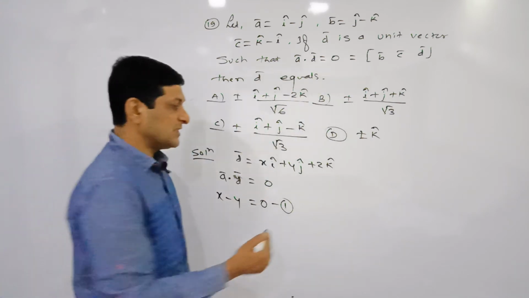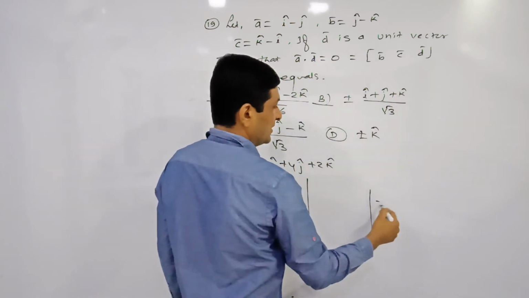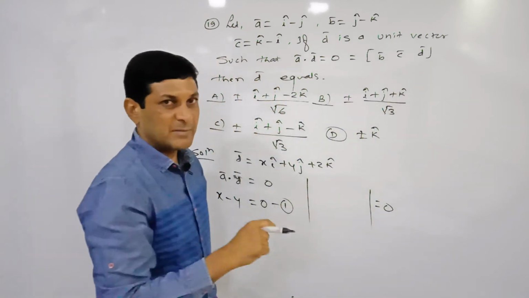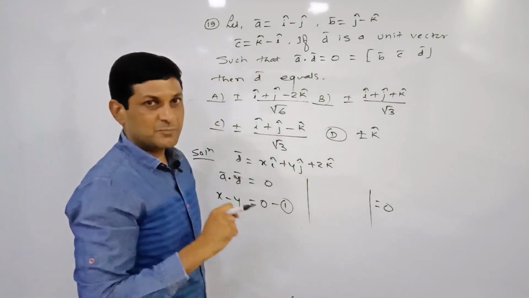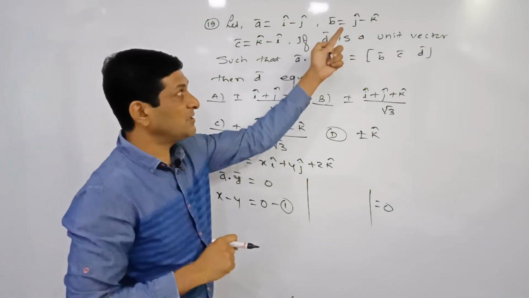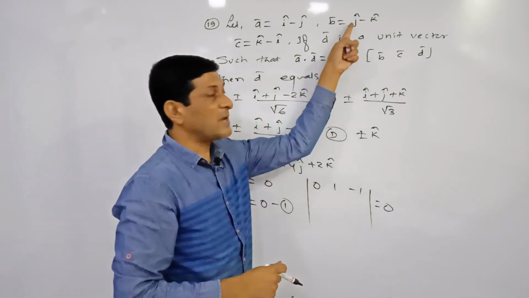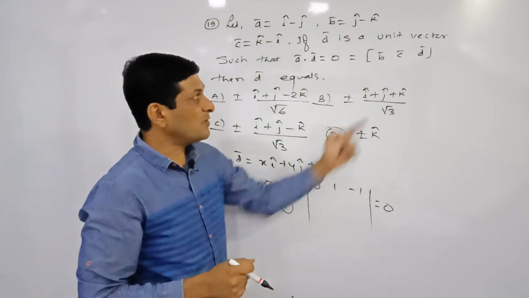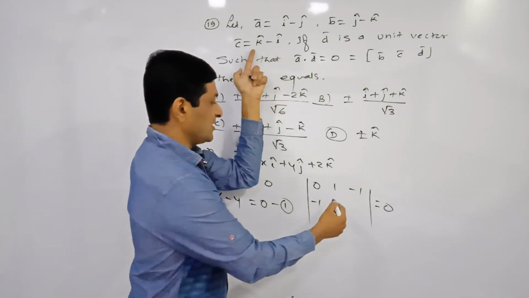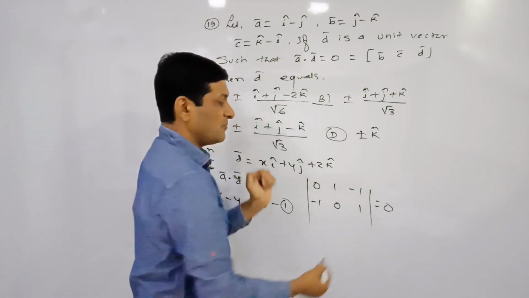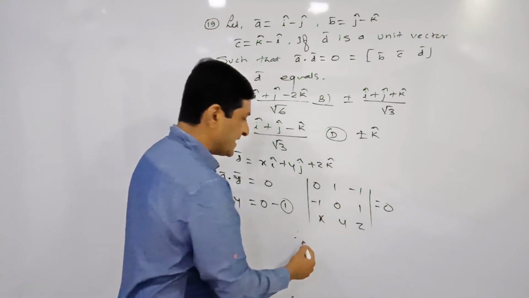Now we are using the second condition, that the box product of these three vectors is also equal to 0. Box product of which three vectors? b bar, c bar, D bar. It means in the first row write down the coefficients of i cap, j cap, k cap from which vector? b bar. What are the coefficients here? 0, 1, minus 1. Why 0? Because the term of i cap is absent. Then the coefficients from c bar. First write down the coefficient of i cap, that is minus 1. The term of j cap is absent. What is the coefficient of k cap? 1. And lastly D bar. What are the coefficients here? x, y, z. Let us simplify this determinant.